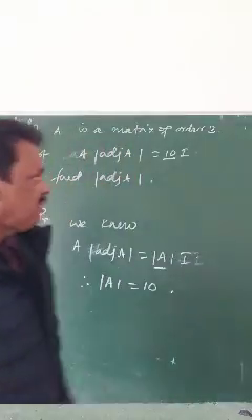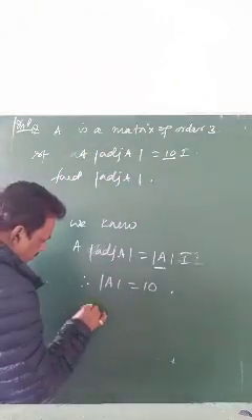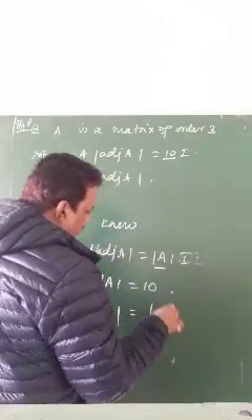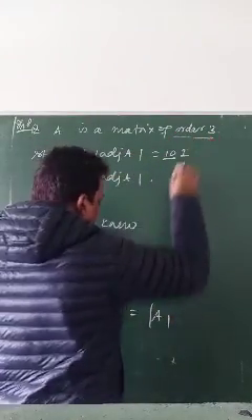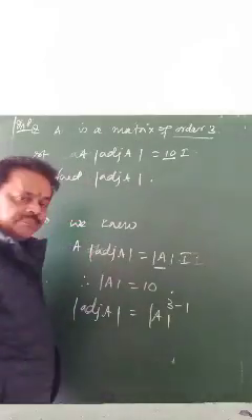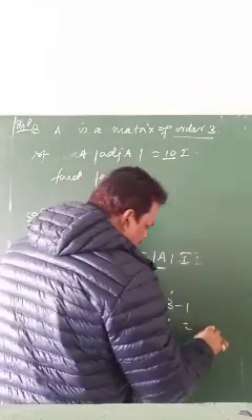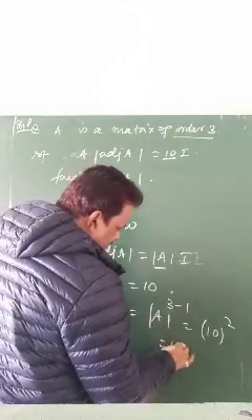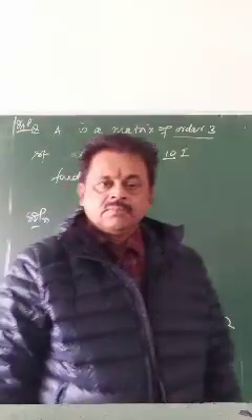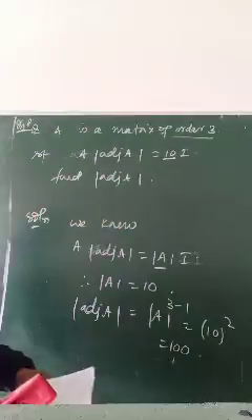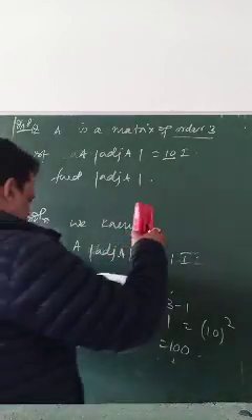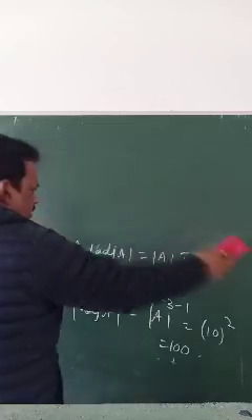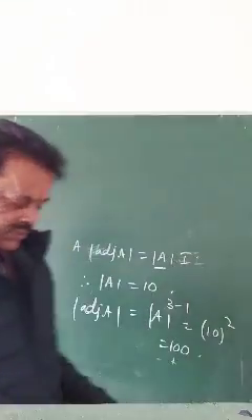Okay. Then, what is the formula of the determinant of adjoint of A? Now, determinant of A to the power of order minus 1. What is the order here? 3. 3 minus 1 means 10 square, because this is the 10 you got. So, 100. Okay. Then, short questions we are discussing. Then we will go to long type of question.